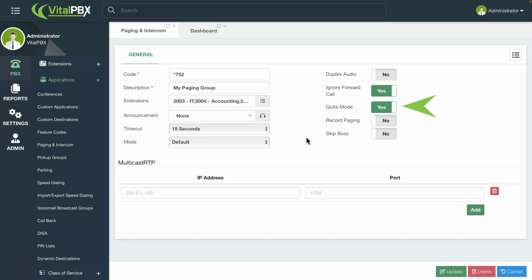Quiet Mode will disable the tone that plays when calling this paging group, announcing that the extension is being paged. Record Paging. This will record the call whenever the paging group is called. And Skip Busy will ignore the status of the extension if the extension is currently in a call and ring